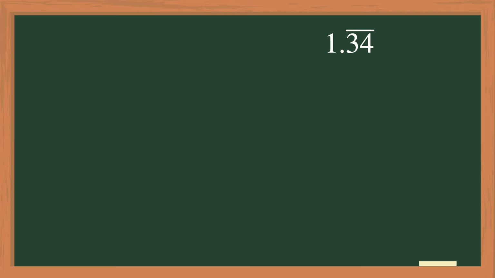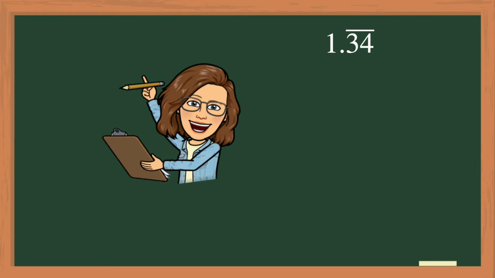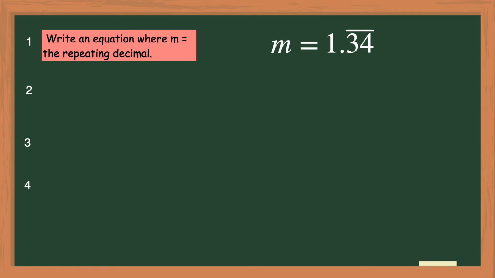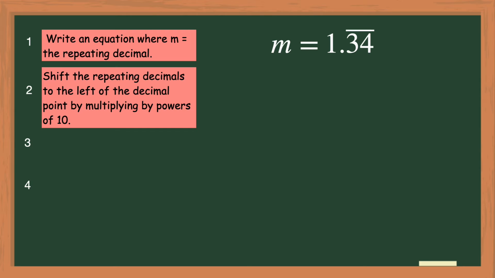Converting repeating decimals into fractions involves a clear but simple mathematical technique that involves following 4 easy steps. The first step is to write an equation where m equals the repeating decimal. The second step is to shift the repeating decimals to the left of the decimal point by multiplying by a power of 10. Since we have 2 repeating decimal digits, we will multiply the repeating decimal of 1.34 by 100,